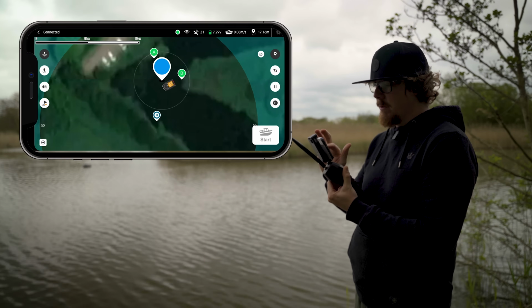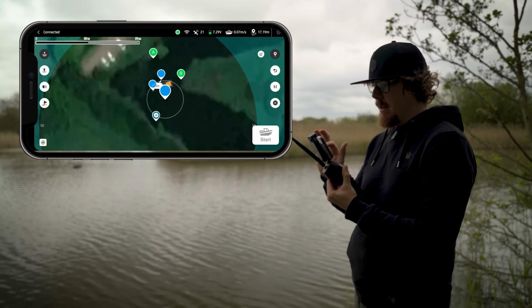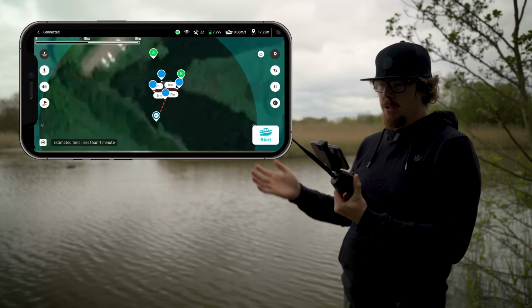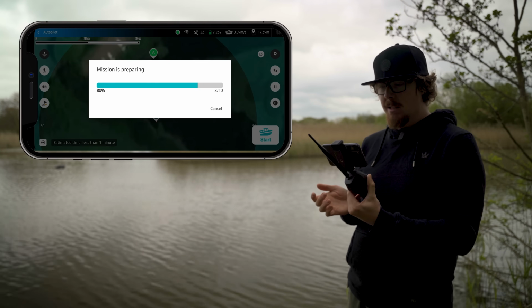I can start there, so it's just to the right of the boat. I go another one there, so it's point B, or it's 2, sorry, 3, and point 4. Of course, you can make this as big as you like, and as many points as you like. That's now set up a route for itself. I hit start, mission is preparing, it's going to give me an estimated time, should be less than 1 minute,